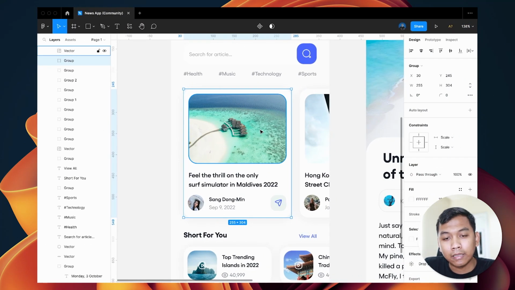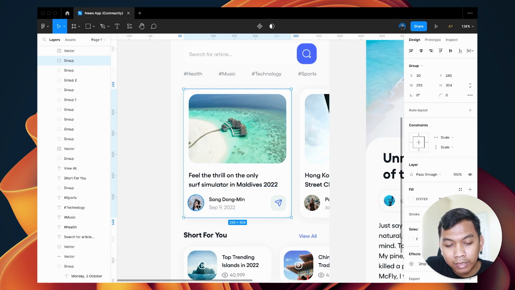So let's break down this layout. As we can see here, we have a container, and inside this container we have images, and then we have text widget, we have row that contain user avatar, username, and then timestamp, and this share button.